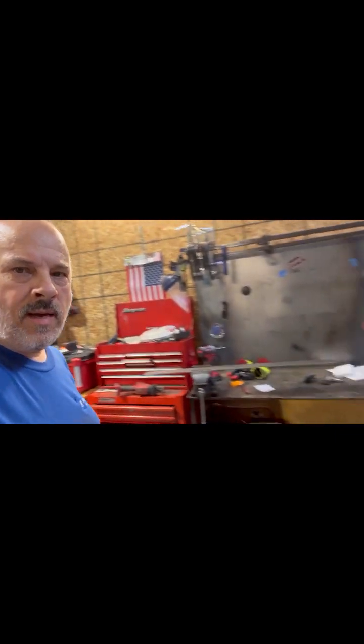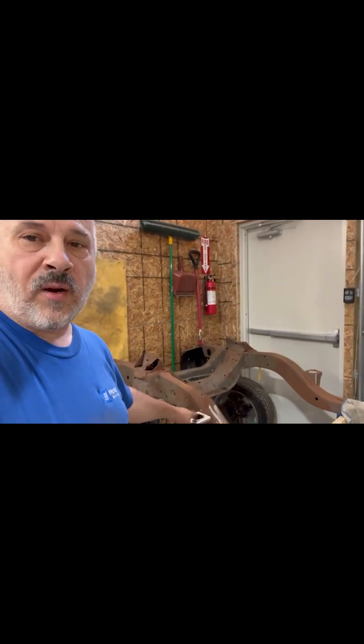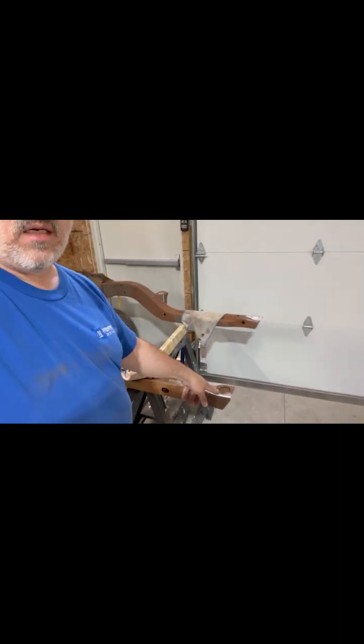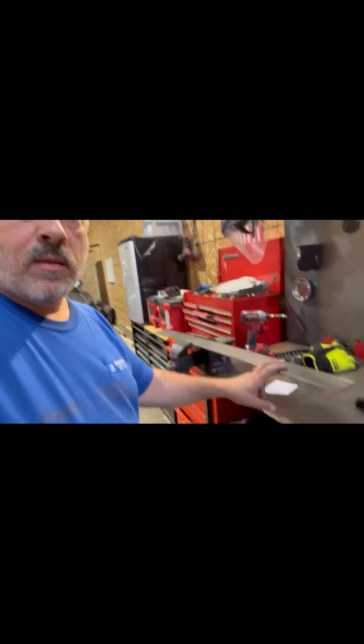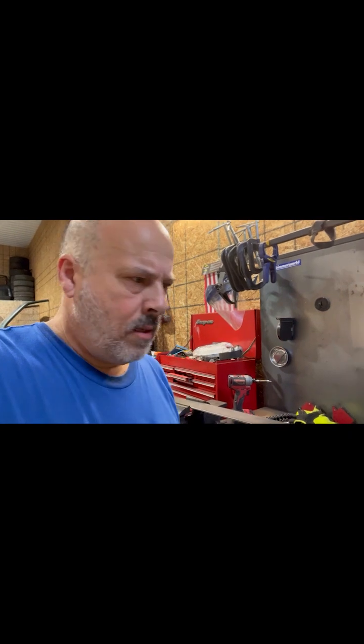Morning. So this morning I am working on the Firebird. There we are, Firebird. And what I'm doing this morning is I am working on the subframe. In particular, the bad mounts in the front and in the back, see down there. And I'm replacing those with